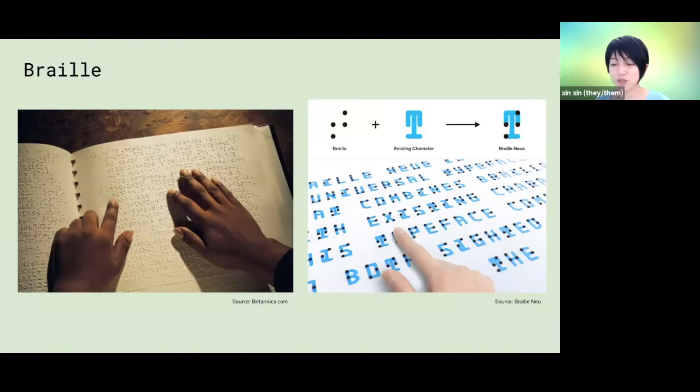Essentially, it finds a way to rearrange the typeface so that it matches the arrangements of the Braille, so we can simultaneously experience both the visual printed text as well as the Braille version, which is tactile.